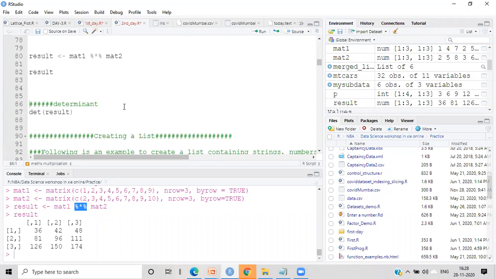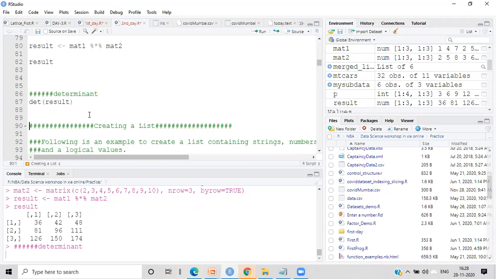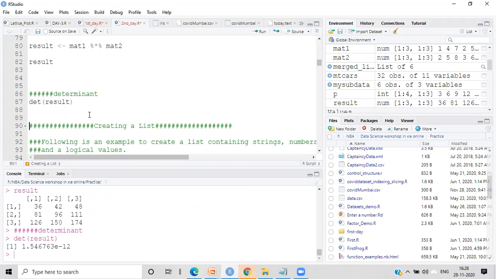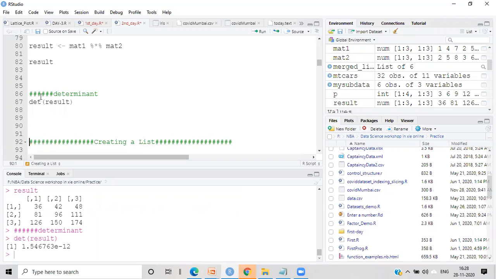Similarly, there is a det function which will give you the determinant of the matrix. So if you write det and that is the determinant of result, you will get the determinant of the result, right? So this function is going to give me the determinant directly. So this is about the entire